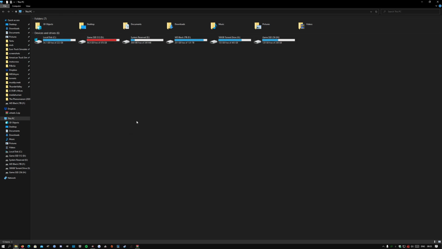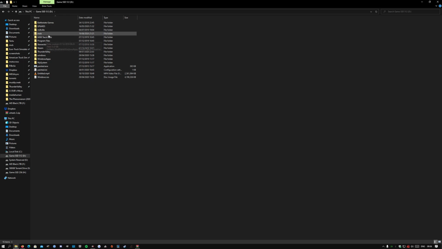Side note to add, if you're wanting a performance gain, a massive performance gain for relatively low cost, this is the route to go. An SSD, solid state hard drive. It's basically, it could be up to 10 times faster than your mechanical hard drive, but I'll cover that in a separate video. So what I'm going to do is locate my mods folder,